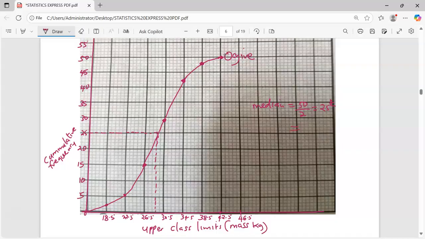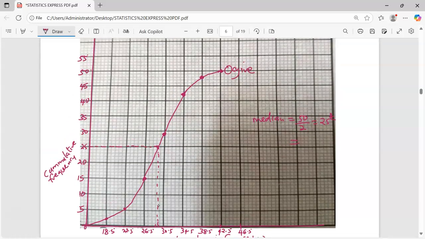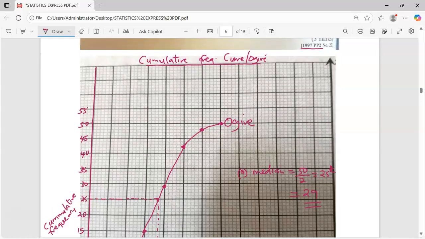At this point, you can see that our median is around 29.5. So our median is around 29, and that becomes the answer to part A. Then Roman 2,